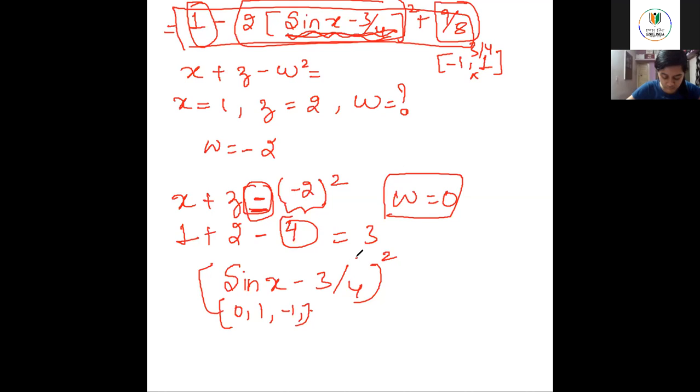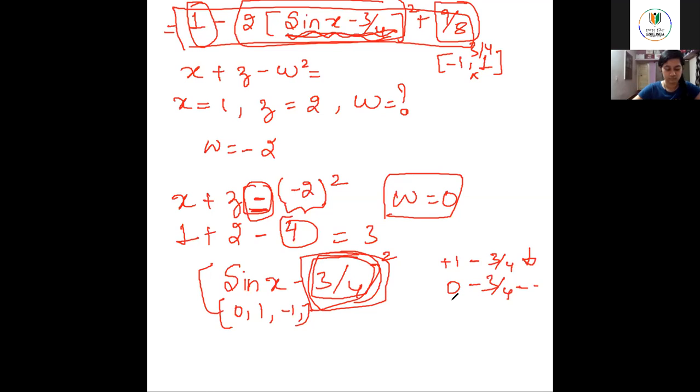Now what's the interpretation of this? This function was negative, with minus 3 by 4 in it. If you add a positive value, like 1 minus 3 by 4, it decreases. If I do 0 minus 3 by 4, still not good. If I do minus 1 minus 3 by 4, it adds up and makes it more valuable. So you have to think relatively: what is there aside the function or after the function? That's how you can take out the minimum and maximum value. Now it's good. Yes, ma'am.